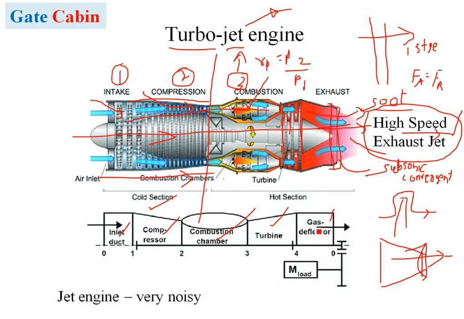Okay, two important things which we have to take care of when we talk about the turbojet engine. Number one, the turbojet engine is very noisy. Why is it very noisy? Because the high speed flow has to exit into a cold and stable atmosphere, which produces a lot of noise because of the mixing process. The air has to mix with the surroundings and then it will produce a lot of noise. So one of the most important criteria here is that jet engines produce a lot of noise.